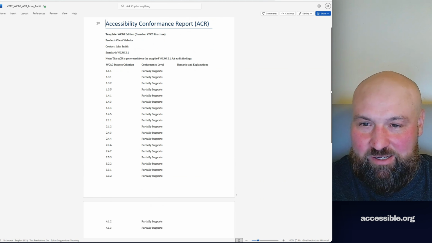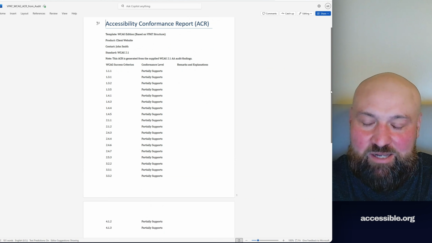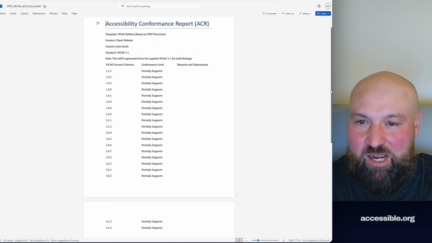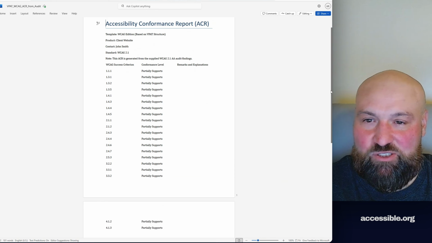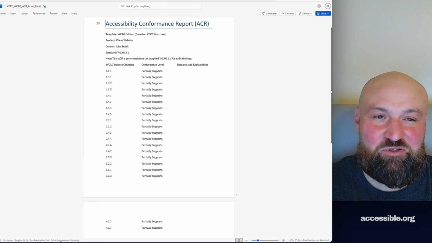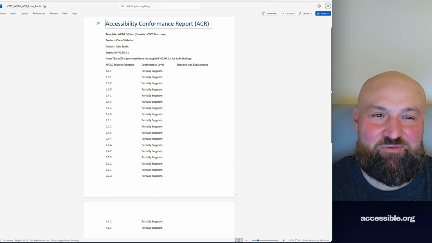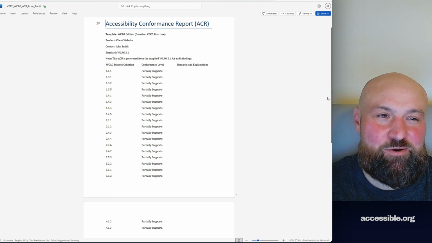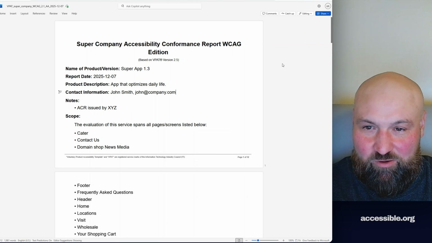And so I uploaded the same audit report to both Accessibility Tracker and ChatGPT. For ChatGPT, I told it just to enter in placeholder information. So just use sample or test information, and it did. But this is a very minimal document that is nowhere remotely close to being an ACR that you could provide to anybody. So now let's go ahead and go to the accessibility conformance report that was generated using only AI